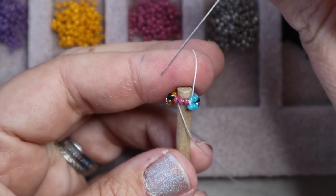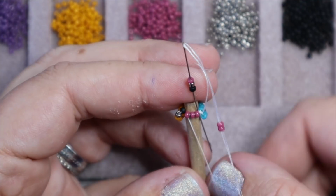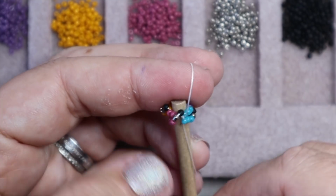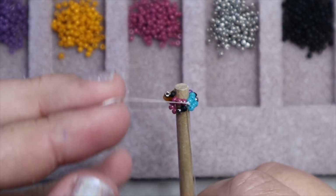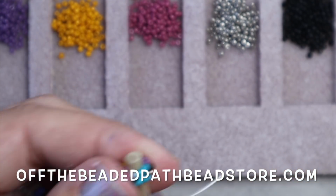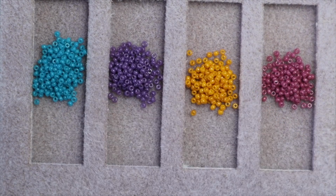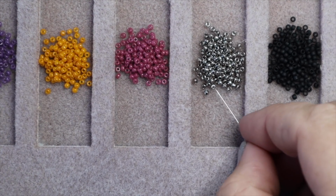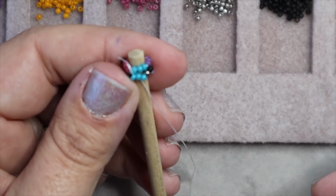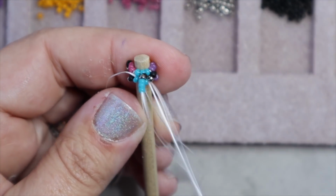Again, super easy because I know I'm going to go between the pink and the blue. Okay. So now I'm back to my blue again. So I've got 3A. And then spine 1 and spine 2. Always, always, always pick these 2 beads up in the same order, and that's going to give you that checkerboard effect. So I'm going between the blue and the